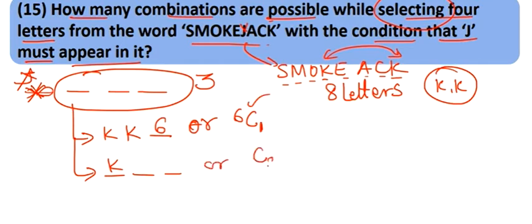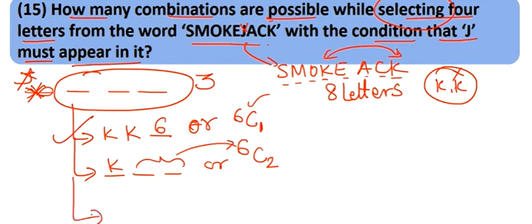We select 1 K and these 2 places can be filled. How? We have to fill 2 places and we have to select these characters from where? From the remaining 6, because we are here considering only 1 K. We are not going to select the other K. These 6 will only include S, M, O, A, E, A and C. These 2 Ks will not be included. Out of the 2 Ks we have already included one, the other one will not be included. That possibility has already been covered over here. So these 2 can be filled in 6C2 ways.